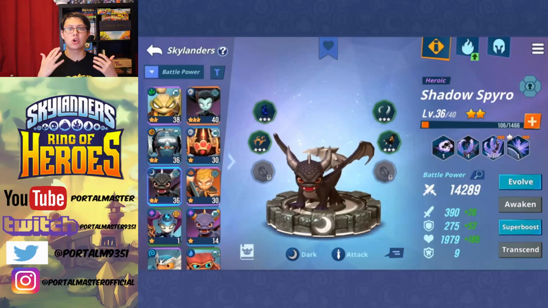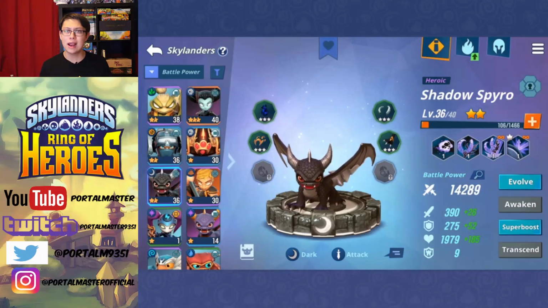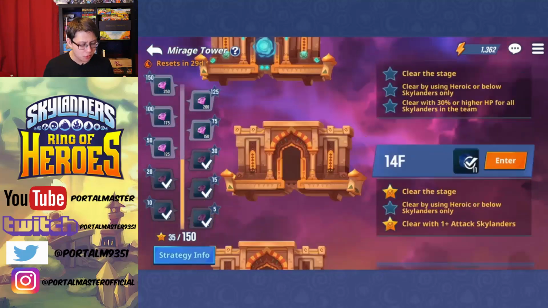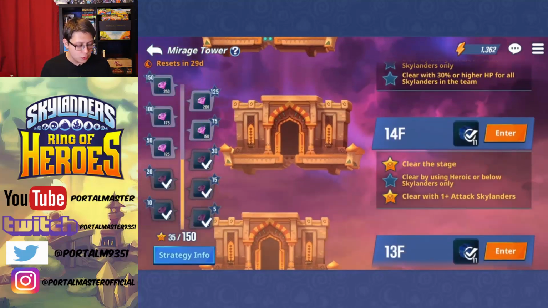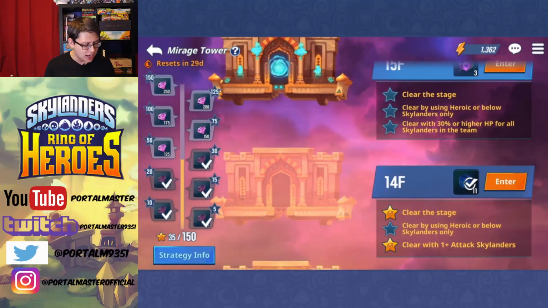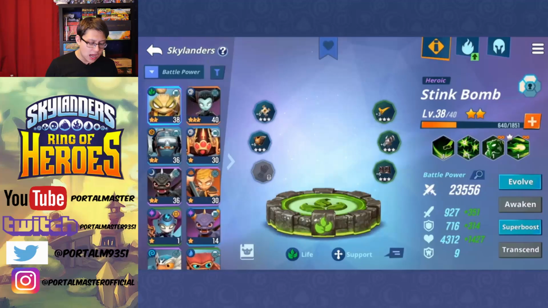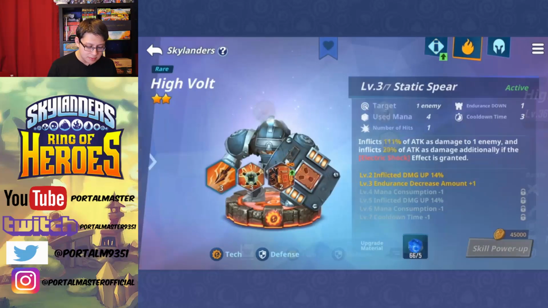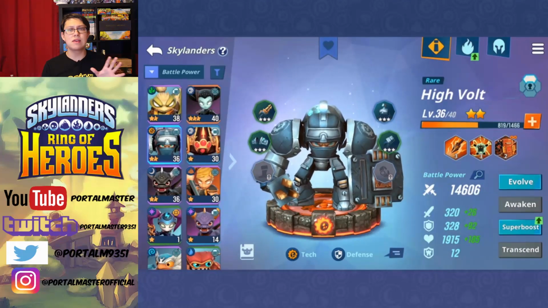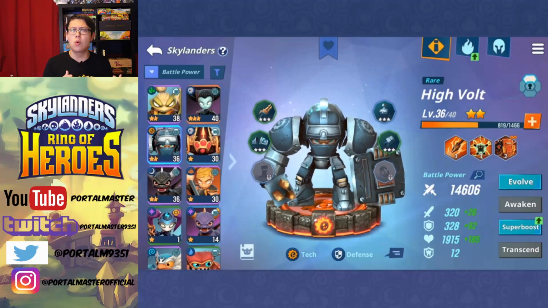Their power levels are a good bit higher than they were before, and that's definitely showing up in their combat power. Additionally, I've gone to the Mirage Tower, and I've gotten to floor 15. I haven't 3-starred all the levels that I've done so far, but I've done at least a decent amount. And what that's allowed me to do is rank up some of High Volt's abilities. And he is so far the only one that I've really upgraded, because right now I don't want to upgrade